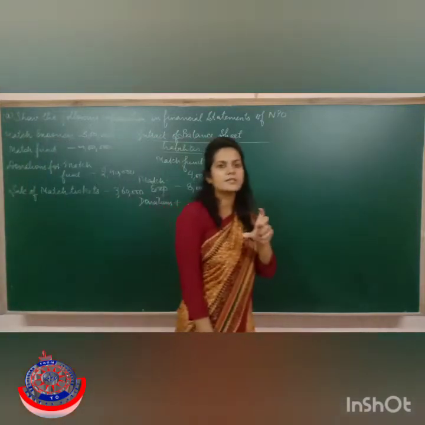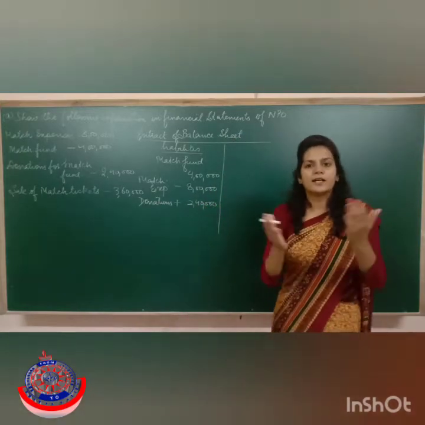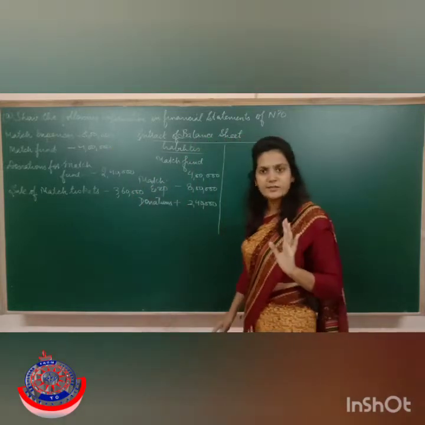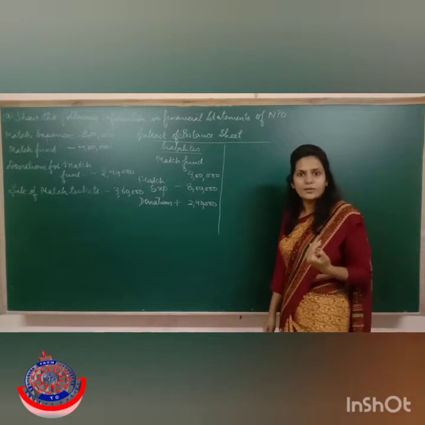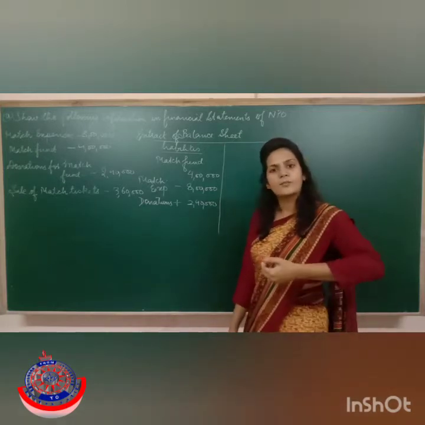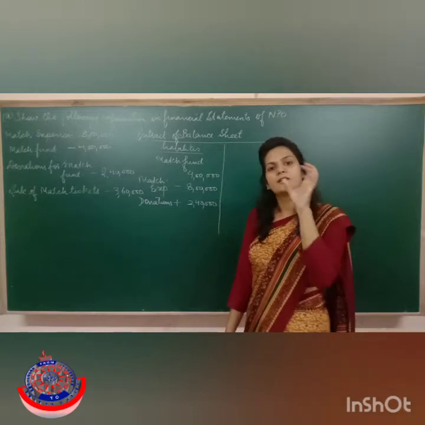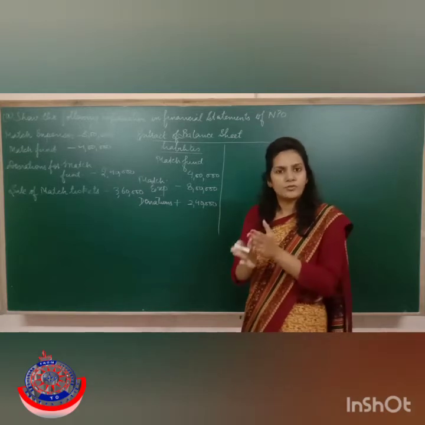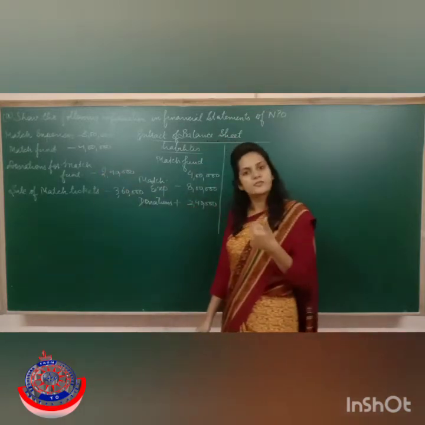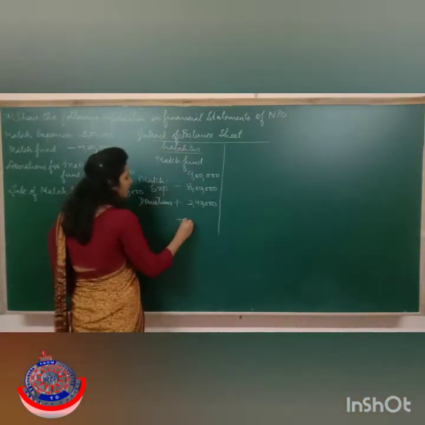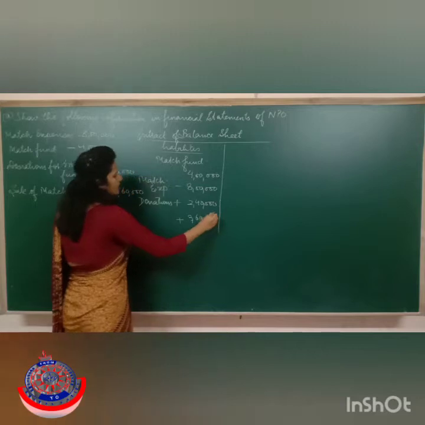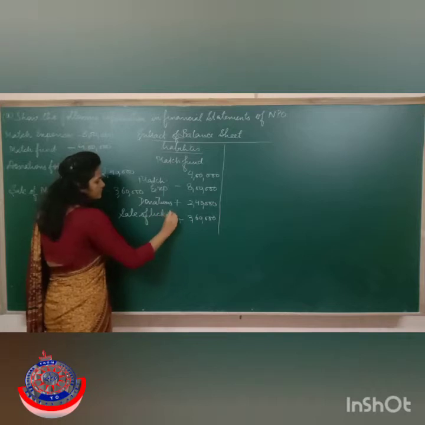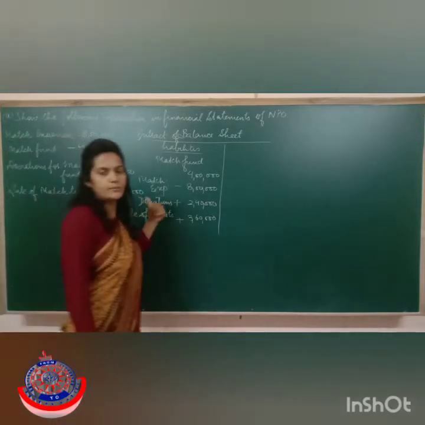Then the next is sale of match tickets. This fund has been created, I think, for organizing a cricket match. For organizing the cricket match, you incurred an expense of rupees 8 lakhs. But you have also got some money, no? How? The people who have come to watch the match must have purchased tickets, and the money which the trust or that institution has got from the sale of the tickets will be an income for that particular trust. So that has to be added into the match fund itself. So I'm going to add rupees 3,60,000 here, right here, sale of tickets.